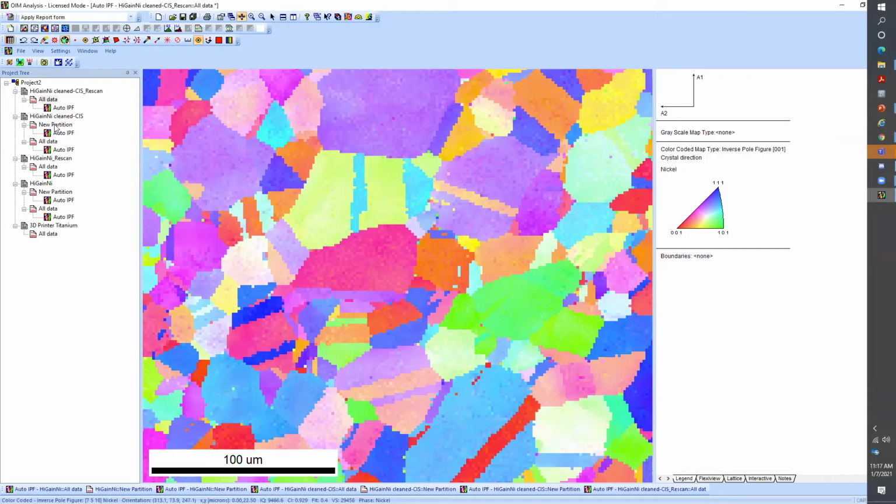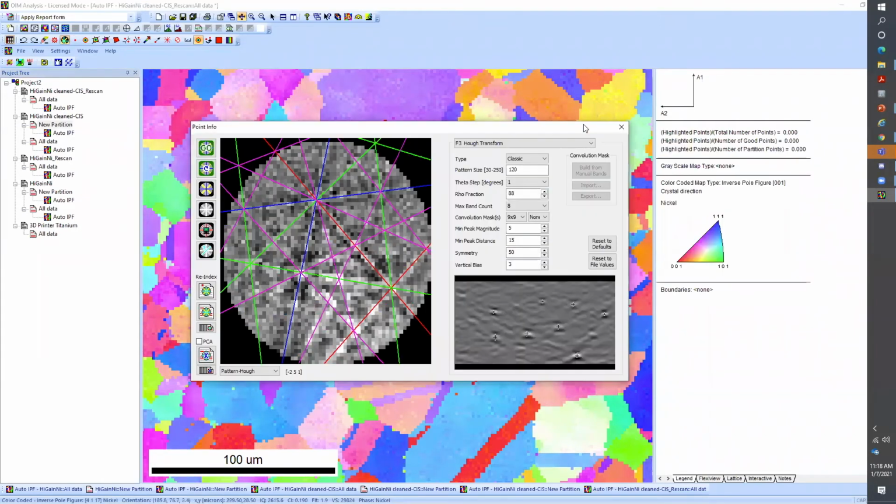The other power with this is that if I can do this on different phases, I can change my Hough settings per phase. So if I go back over here to this Hough transform, and let's say I had a hex-based titanium, I could say, okay, for this hex-based titanium system, let's use more bands. Now I should feel a little more comfortable with my hex-based system because I'm using more bands, but I'm also not using those bands for my cubic system, because what can often happen for a cubic system is if I try to have it